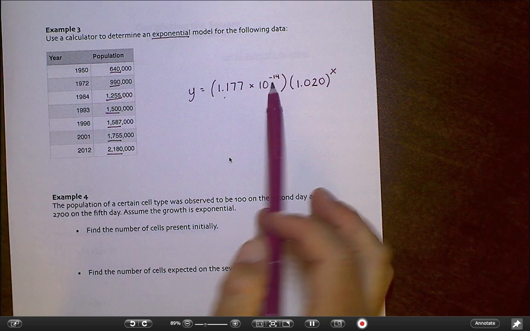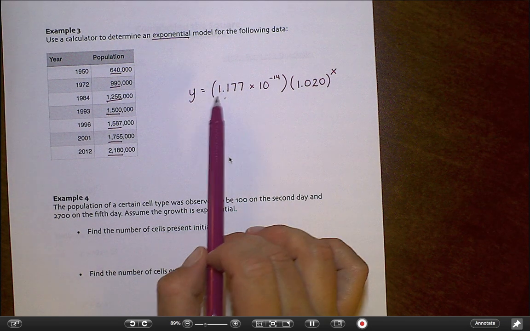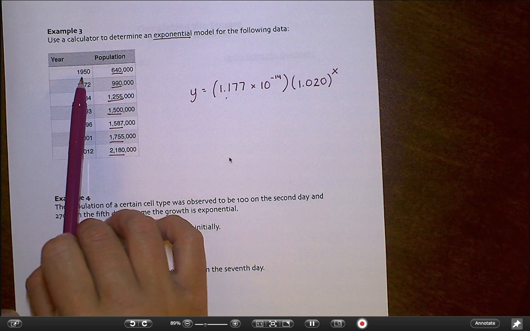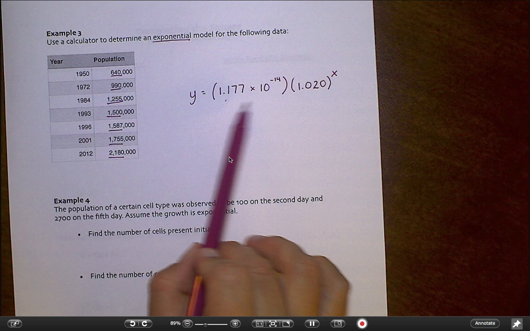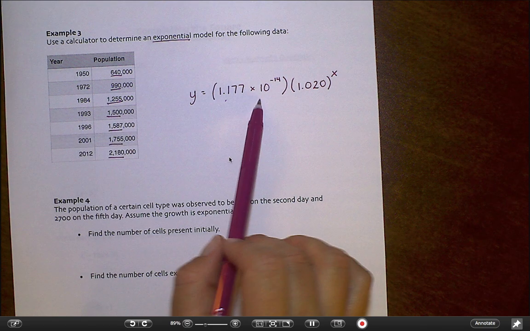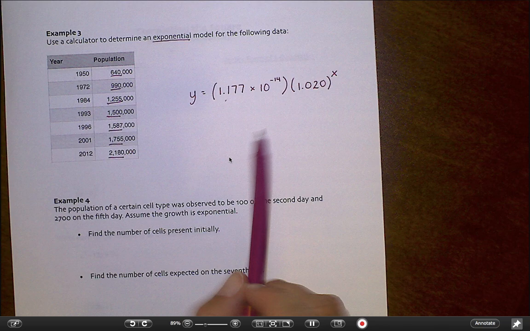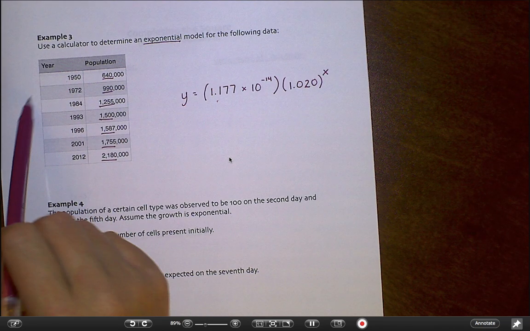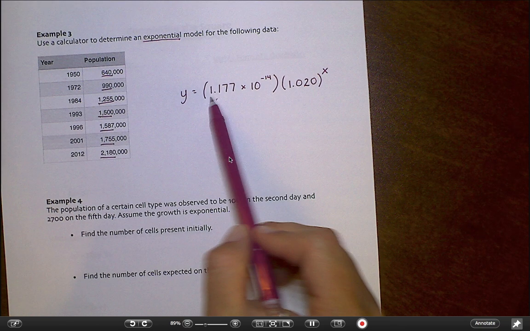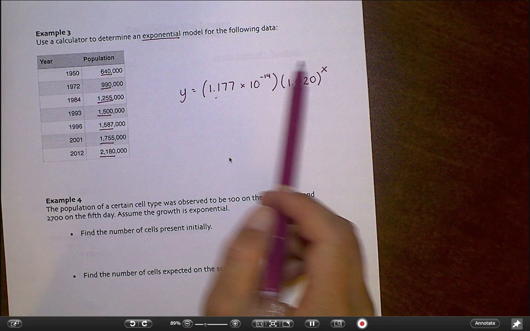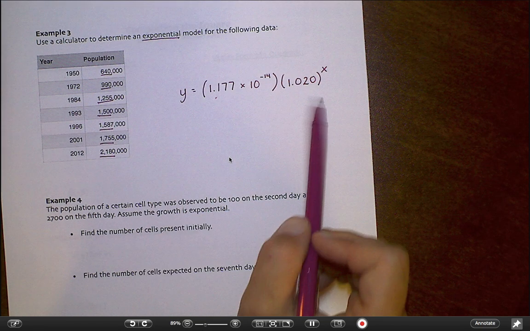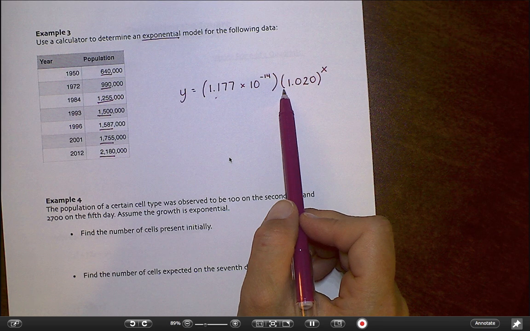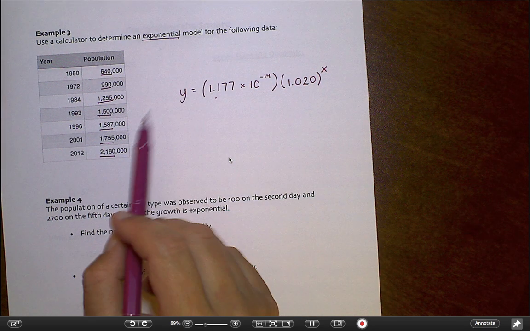So here's why this is a little bit strange. This would be representative of like year 0. If we're in 1950, if we were to turn the clock all the way back to like year 0, this would represent what the population would have been under this model in that year. Now, that's pretty far away from this 1950, so I would guess that this model wouldn't hold up that long, but that's essentially what's happening here. We know that our a value can't actually be 0, but it's really, really tiny. And then this represents like a 2% growth. Okay, because remember that 1 just indicates that there is growth happening, so 2% growth,